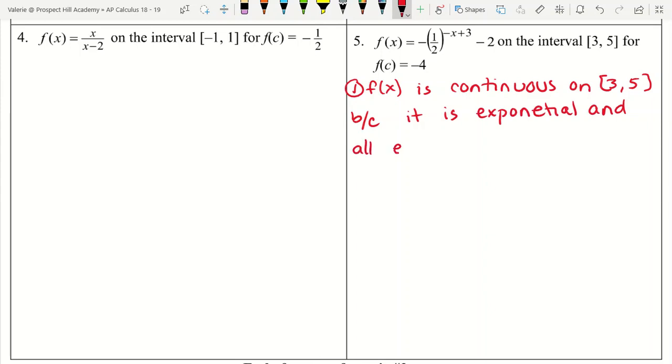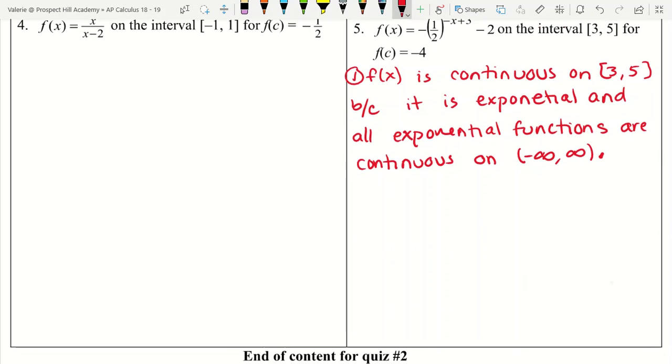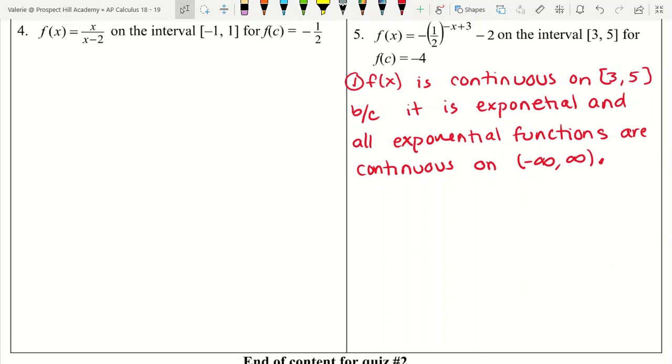And all exponential functions are continuous on the interval -infinity to +infinity. So just by knowing what kind of function we're looking at, we just answered the first part. We know it's continuous. So now, for part 2,